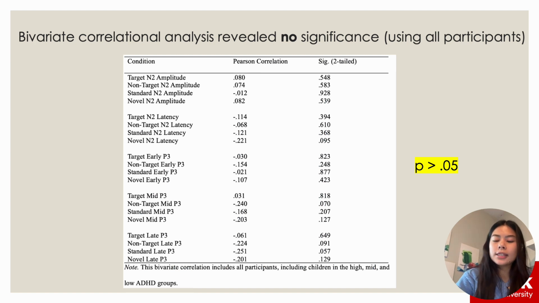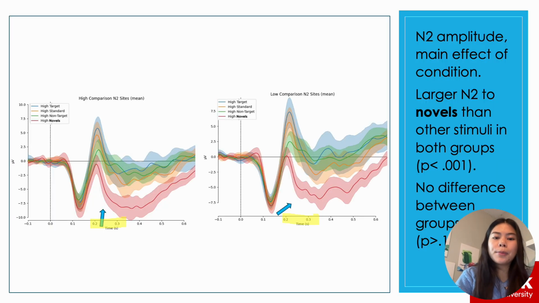So to begin my analysis, I decided to look at all 58 participants before I grouped them into high and low ADHD traits, and I wanted to see if there were any significance or correlations. I did a bivariate correlational analysis. However, that revealed no significance between ADHD traits and N2 and P3 amplitude. Because of this, I decided to categorize my participants as either being in the high or low ADHD